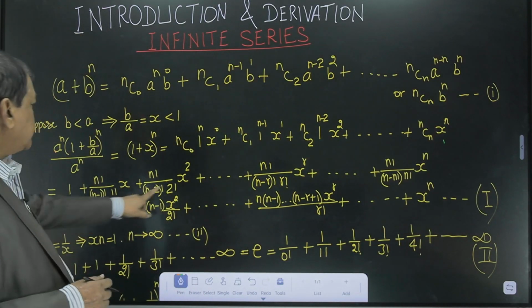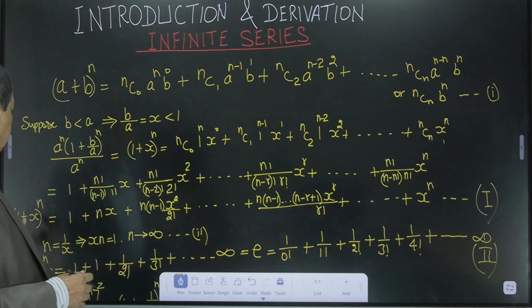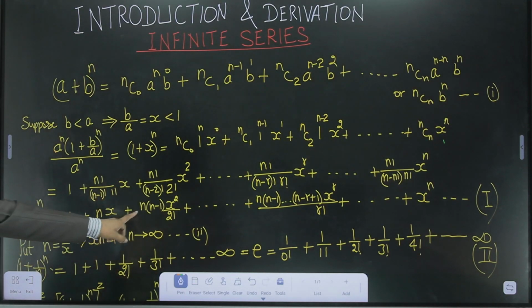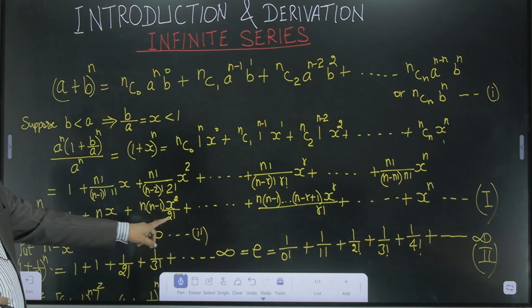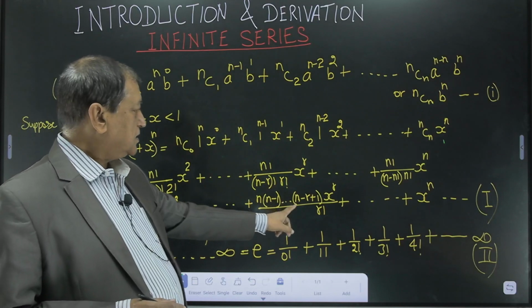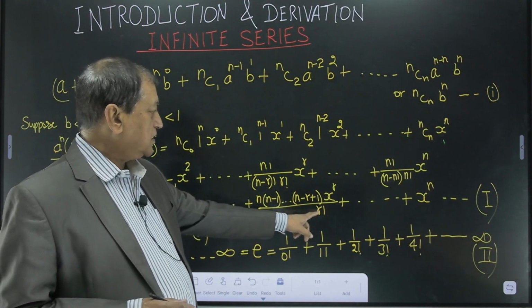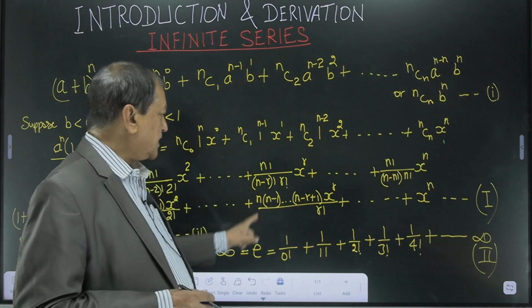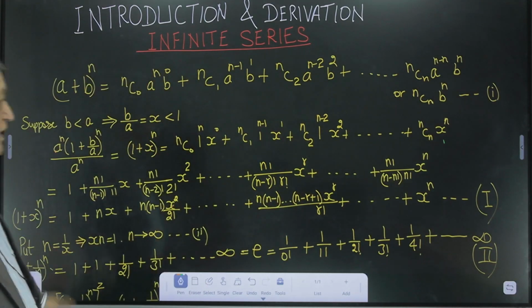So this gives us a good expression: (1 plus x) raised to power n is equal to 1 plus nx, plus n into n minus 1 x squared by 2 factorial, plus n into n minus 1 up to n minus r plus 1 into x raised to power r divided by r factorial. This is the rth term. This is the expression